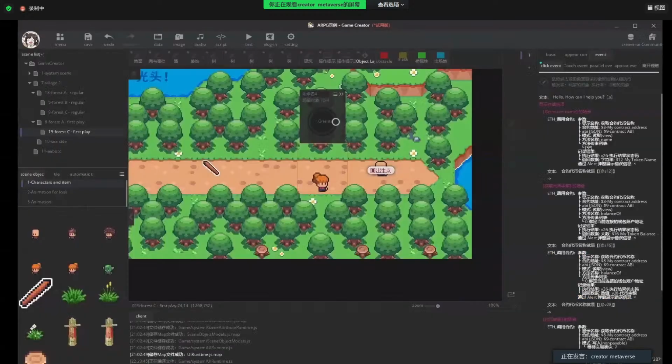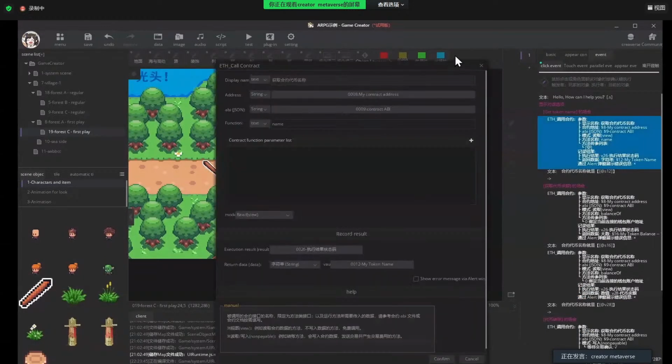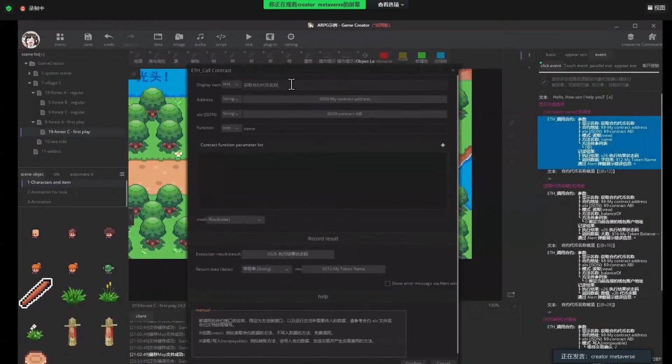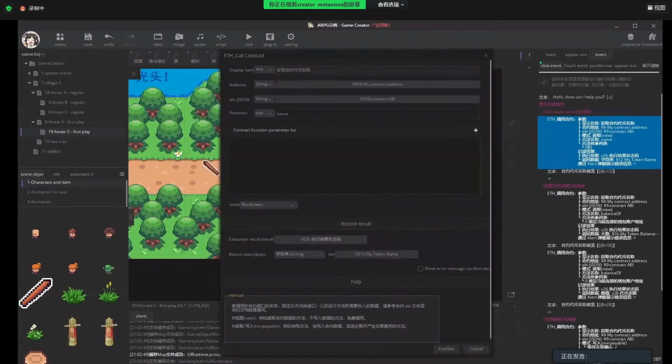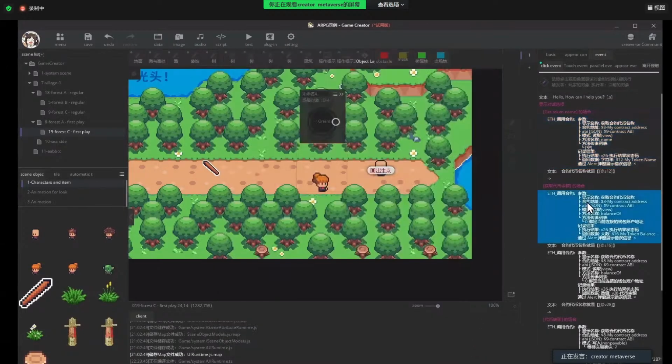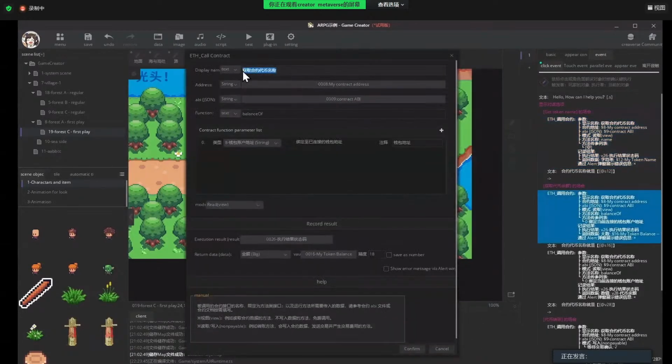So let's go back to the NPC events button. The first one is to get token name. And we will tell you how to put your smart contract address into this string in the next session. And the second button is to get the token balance, get balance.